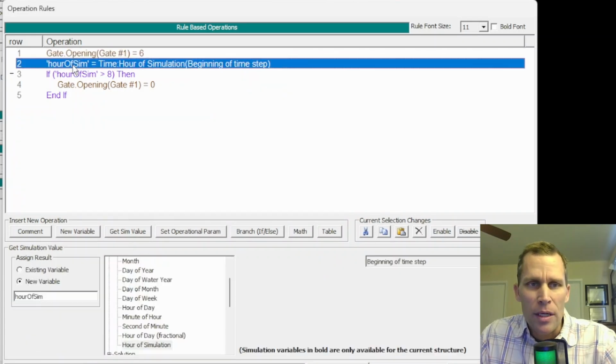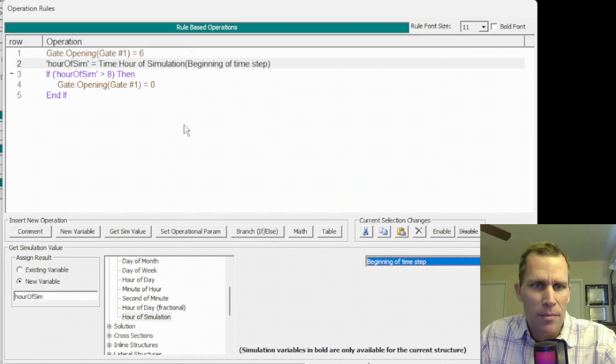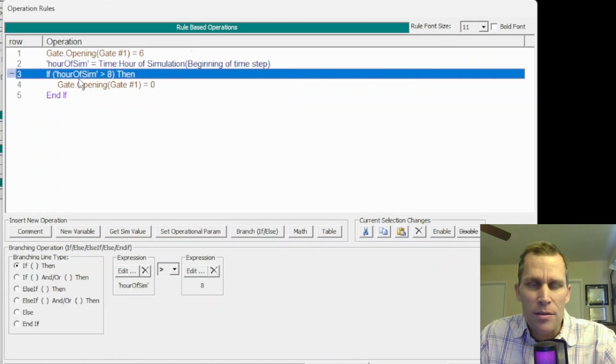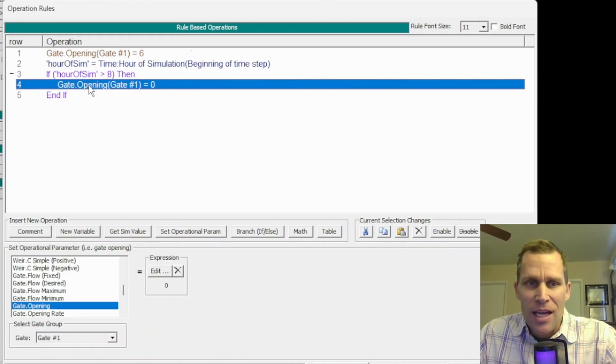In line 2, I'm creating a variable called hour of simulation, and it's just as it says. The name is hour of simulation, and I selected this right here, hour of simulation, at the beginning of the time step. Line 3 here is just an if statement, and it closes on line 5. If the hour of the simulation is greater than 8 hours, then close the gate, basically. Change that same gate opening command that we have in line 1 from 6 feet down to 0 feet, which